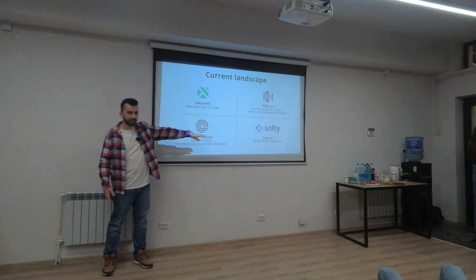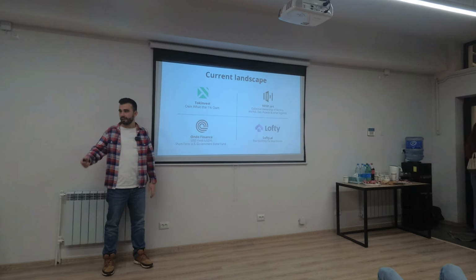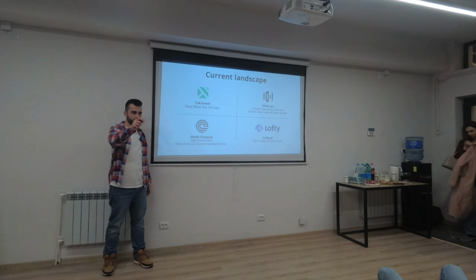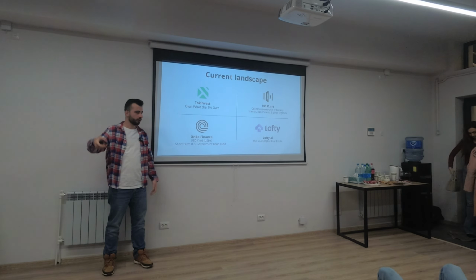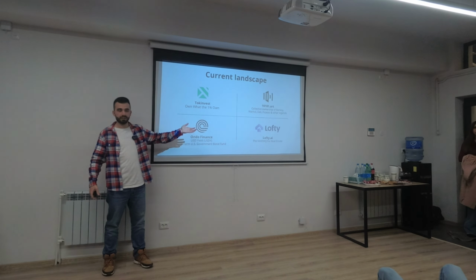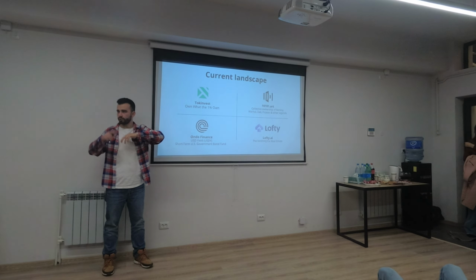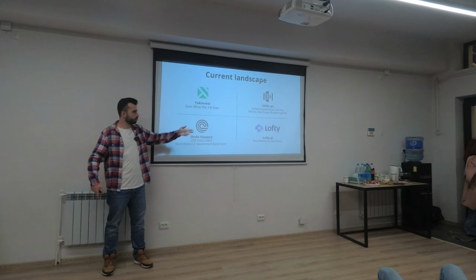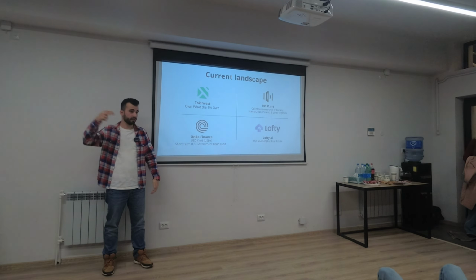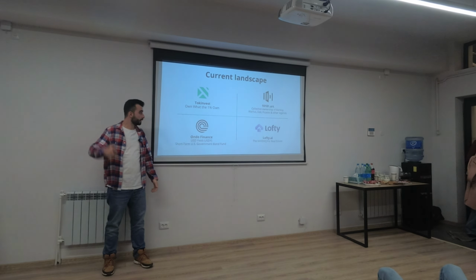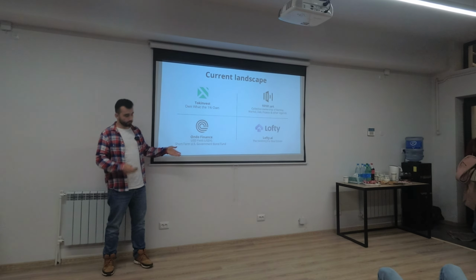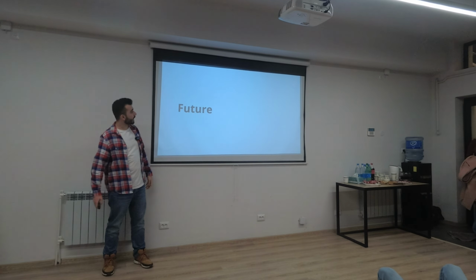And Lofty AI, I discovered this one recently. The NASDAQ for real estate, that's how they position themselves. It basically allows you to buy a piece of property, like a share, for as low as $50. The market is the US one, and they have different indexes for different parts of the US where you can buy the property in, and you can even invest in indexes as well, index funds. Yeah, this is how it's used for now. As for the future,